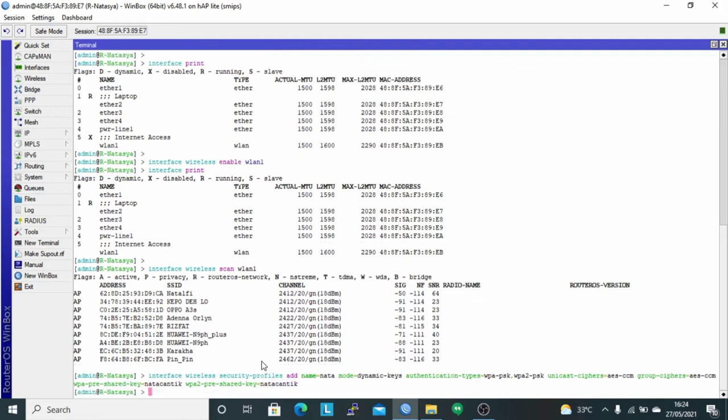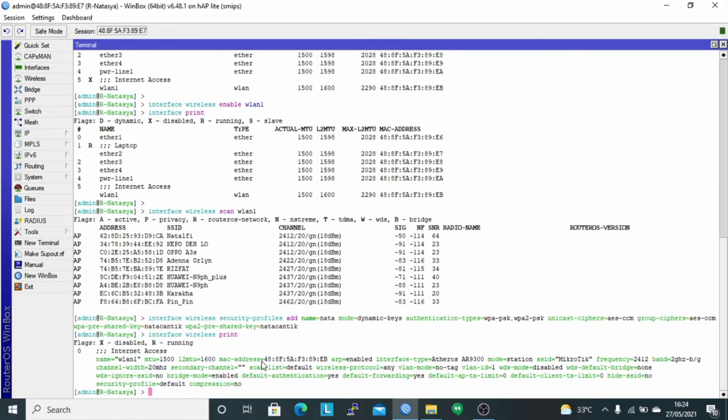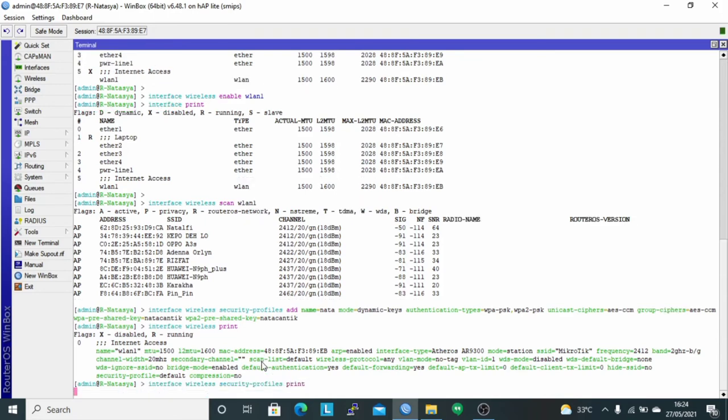And then check with the command interface wireless print. To check the result of the security profile configuration, use the command interface wireless security-profile print.